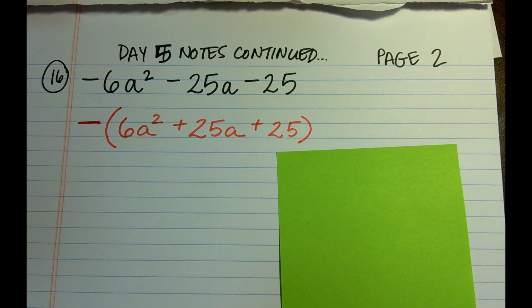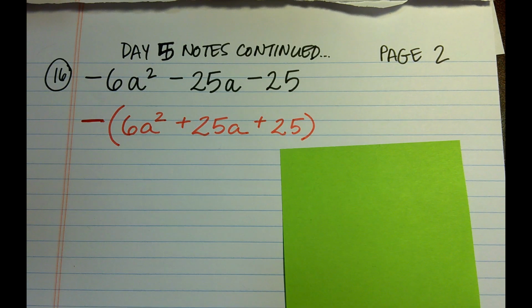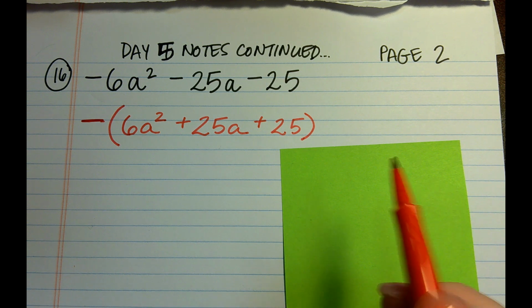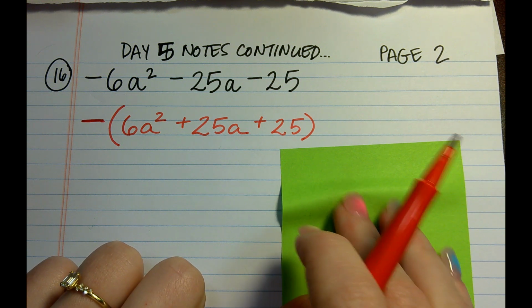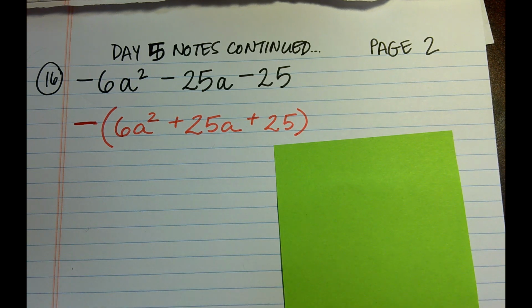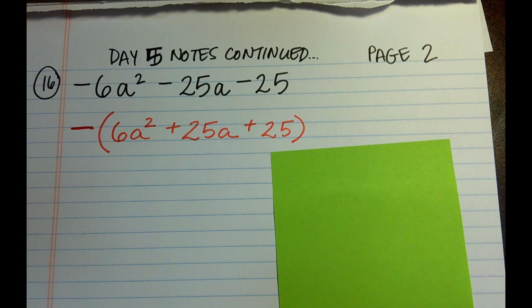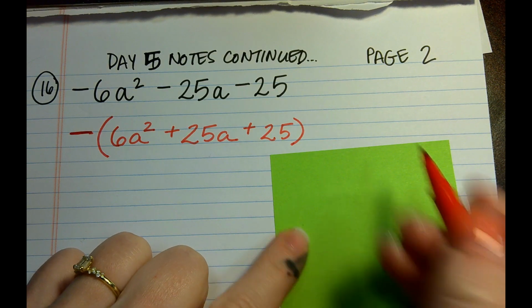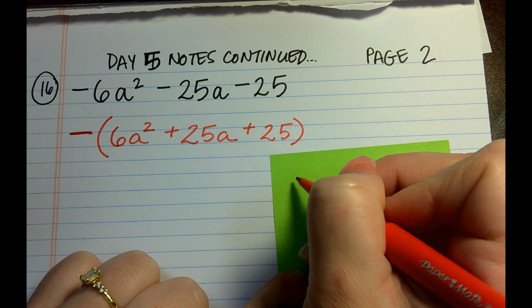I getcha. So let me ask you this. Whenever we're factoring and a is equal to 1, where we have the x and the x, and we just find the factors of c, you feel good about that? The A, B, and C part, I got that part. It's just that when we have numbers, we're bringing them to the inside and then on the outside, it's confusing. I gotcha. So let's start thinking about the basic operations of multiplication and division and how we write those. So for example, if I had,